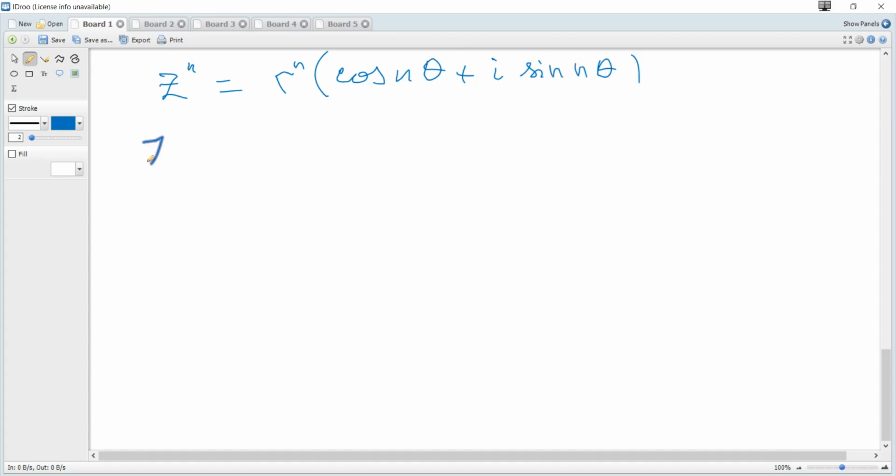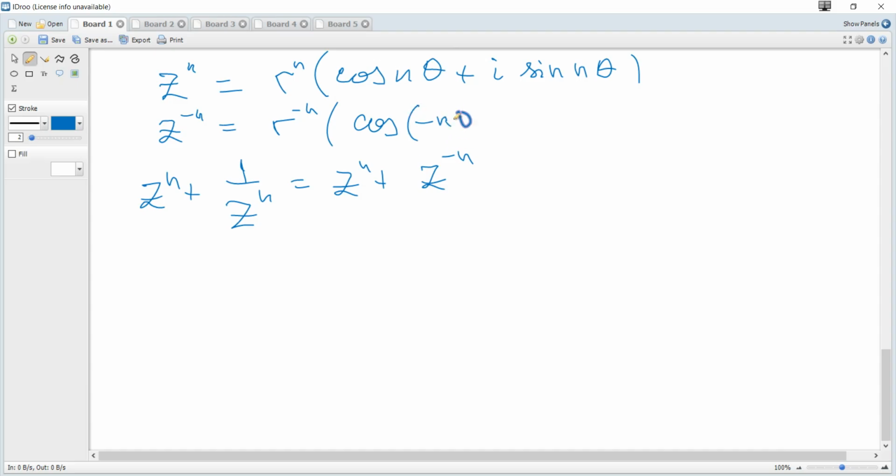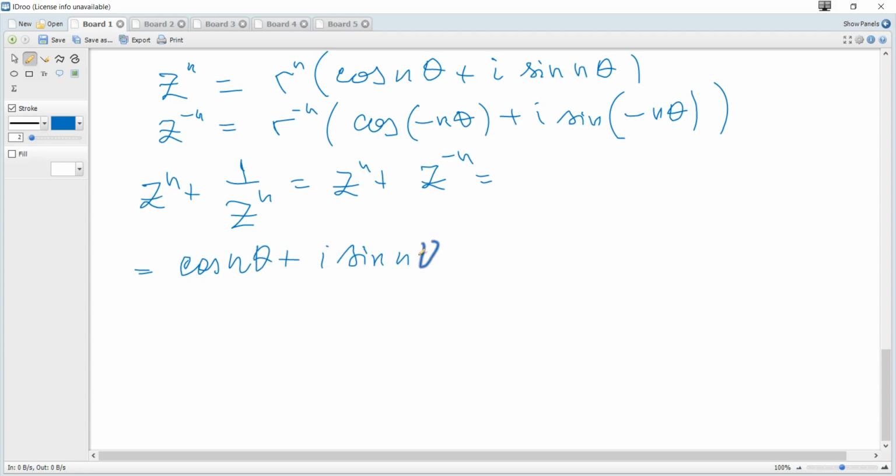And since we need z to the power of n plus 1 over z to the power n, which is z to the power n plus z to the power of negative n, for z to the power of negative n we just substitute negative n for n and get cosine of negative n theta plus i sine of negative n theta, and our modulus is 1 here, so it becomes cosine of n theta plus i sine of n theta